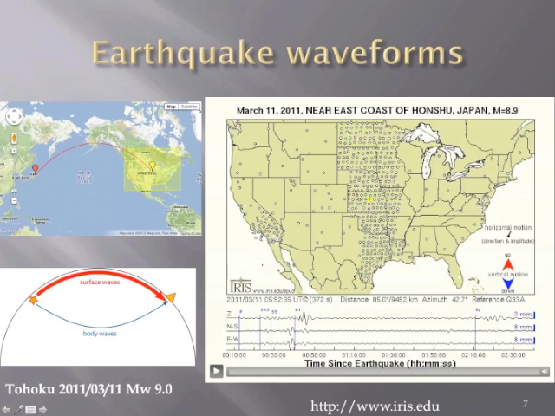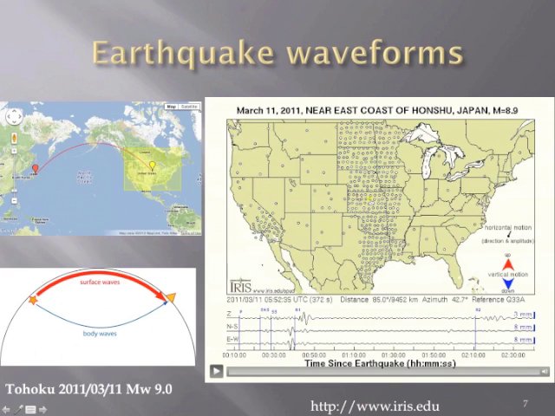So here shows an example of what we can do with a seismic array. If you have an earthquake, for example, the Tohoku earthquake in 2011, after the earthquake, the wave will propagate both within the Earth as body wave as well as near the surface as surface wave. And if you have an array such as USArray over here, then you should be able to see both body wave and surface wave propagate across the array. So if I let this animation run,